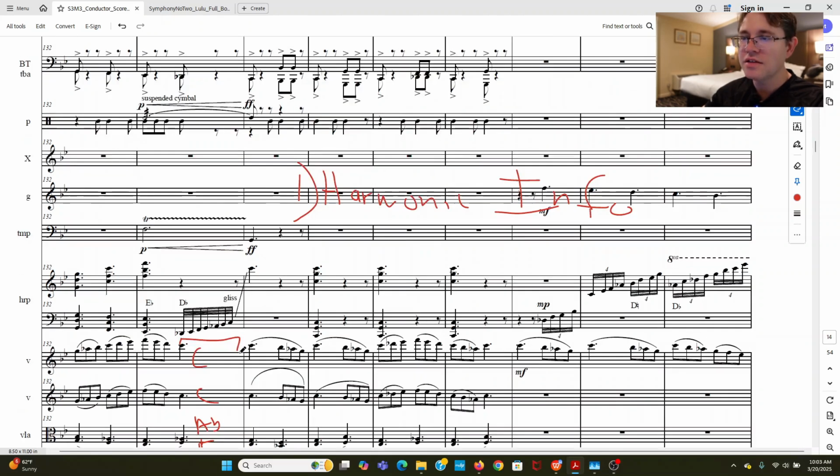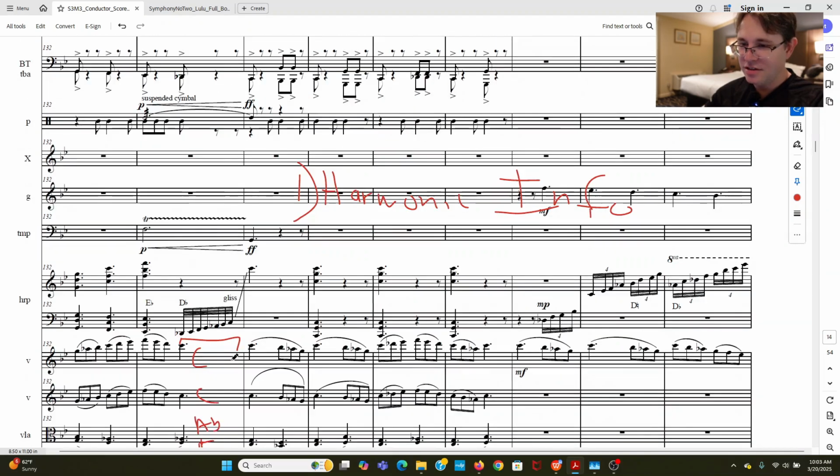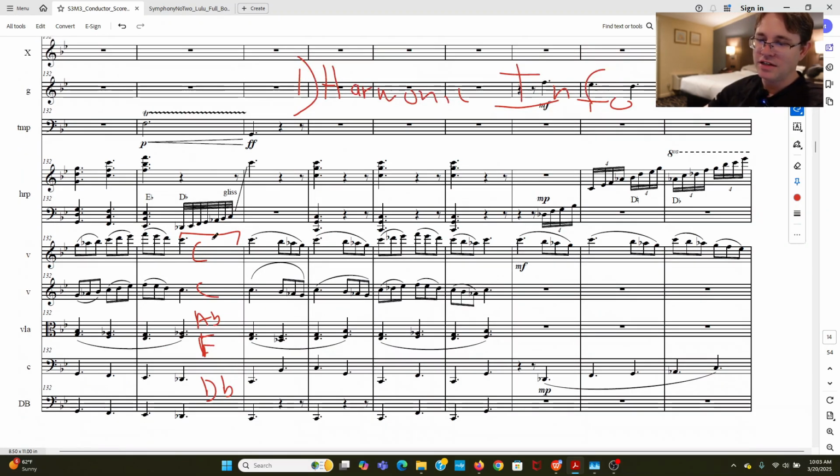And probably about the same thing is happening in the other instruments. So we've got kind of like a D flat major 7 type feel to the harmony here. That lets us use a D flat, lets us use an F, and A flat, and a C. Okay, so we got that figured out. And then